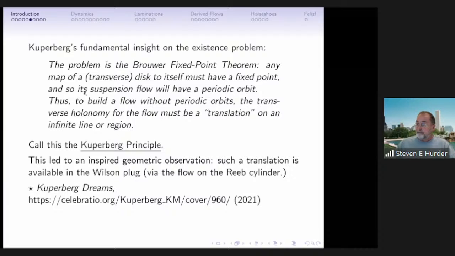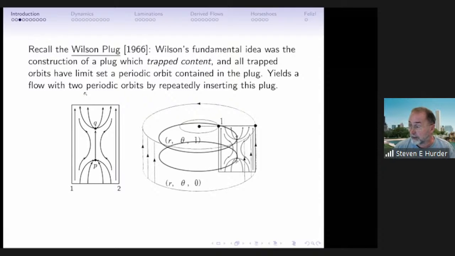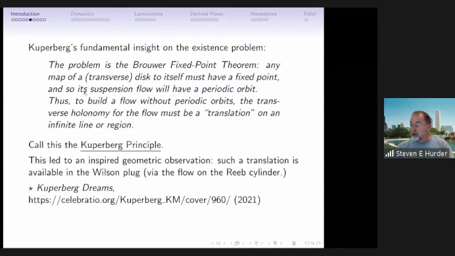whatever sense that means. But of course, it wasn't just an observation, because I recommend the article because I have a lot more quotes from Christina in it. But she had the idea that you could achieve a translation from the last slide, not this one, not that one, but this one, where the flow going up is attracted to the periodic orbit, but never gets there. So it's a translation on those flow lines. So if you were somehow to take your orbit and have it intersect that vertical climb, you would get something without periodic orbits.